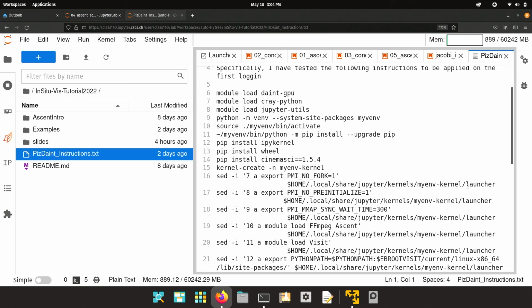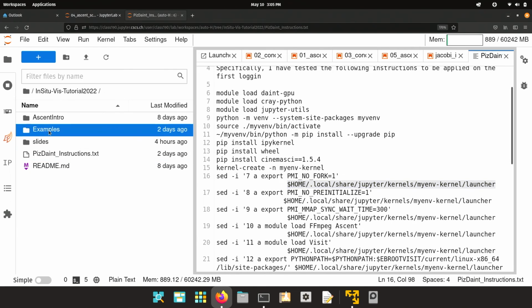It's over here, in this file: home.local, share, Jupyter, kernels, my environment, the launcher is where you place all the modules which you want to use in your private kernel. So if you add module load matplotlib at that particular address on Piz Daint, you will get matplotlib. A long way around, but